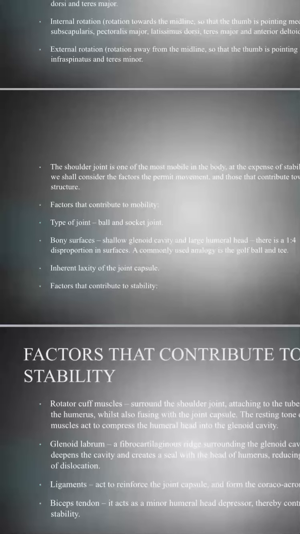So the glenoid fossa is 4 times smaller than the head of the humerus, so that there will be no covering of the glenoid fossa over the head of the humerus. So the head of the humerus can freely rotate to its wish.